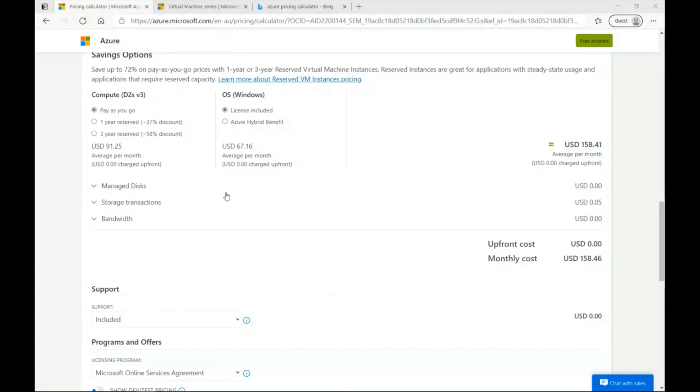Now under the savings option, you can see some other categories. So under the compute, you can see we have selected D2s v3. So there are three options here: pay as you go, 1 year reserved, and 3 year reserved. So at the moment, it's selected by default pay as you go, and you can see the monthly average cost is showing $158.41 in USD. But if you want, you can reserve your resource for 1 year or 3 year if you're looking for the long-term